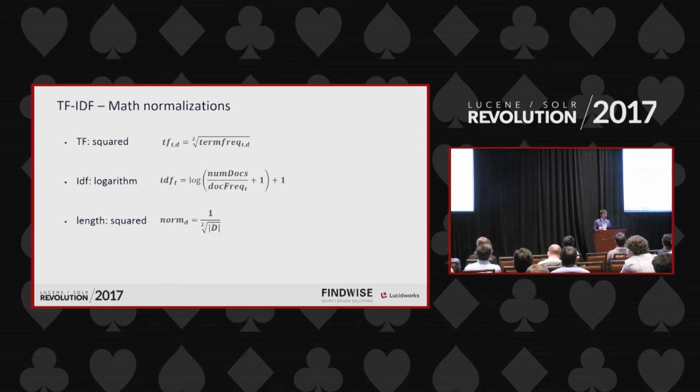The same thing goes for the inverted document frequency. We are going to invert the classical document frequency, and we are going to apply a logarithm over it. And to be able to have reasonable sizes, we are going to add a 1 over it so that it goes from 0 to something and not from -1 to something. We really don't want to start adding negative numbers in our multiplications. When it comes to the length, again, we want the length to affect the score negatively, so we use the inverted value of it, and we actually square it.